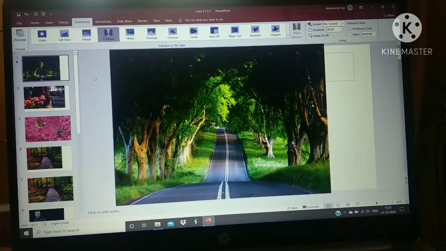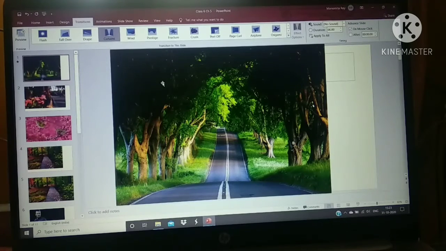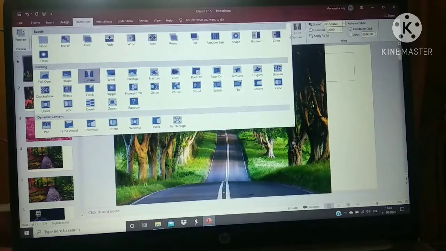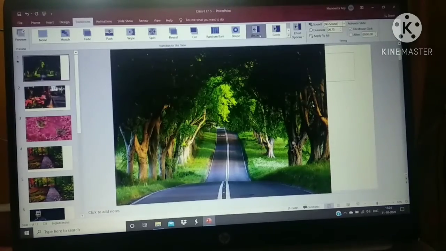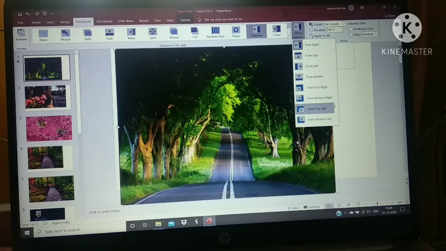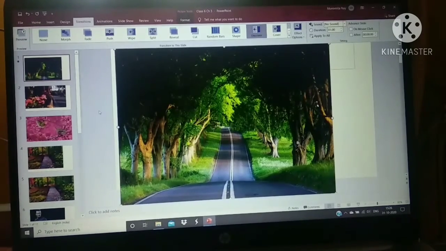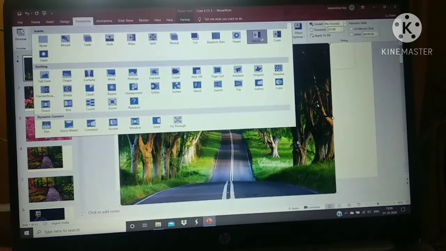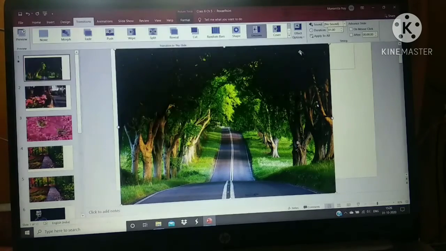right? So once you select the transition, apply this, and you can see the different types of transition features you have seen just now. So here you can choose accordingly, as you have seen the effect options. So once you select this, this will give you more effect options to choose between your slides. Here you can change anything you want. You can slow down the feature also, you can make it fast, however you wish.